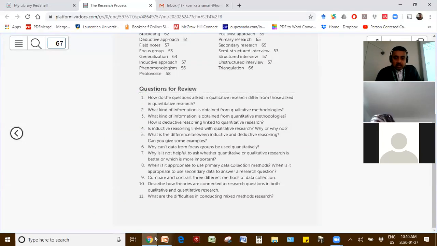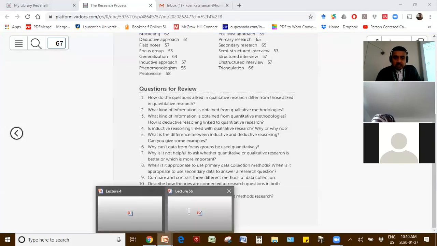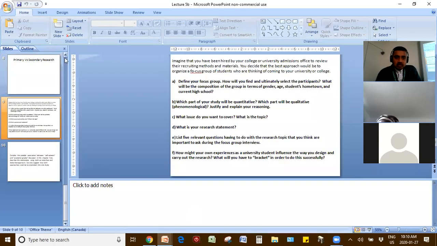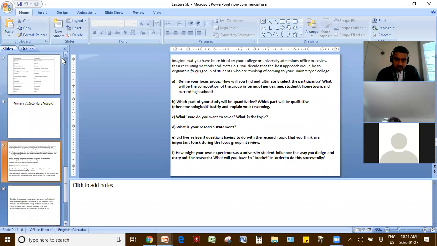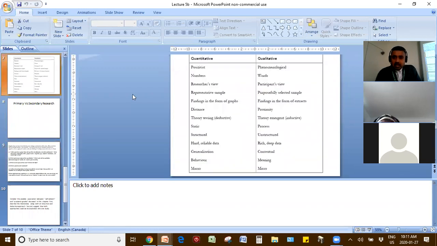Anyway, the best thing is to go back to our slide, which will be up today, and look at quantitative versus qualitative. As you can see, there are 13 differences between the two. For a 5-point question, I'm not expecting 13. Give me 5 and you'll get the full score, okay? All right.